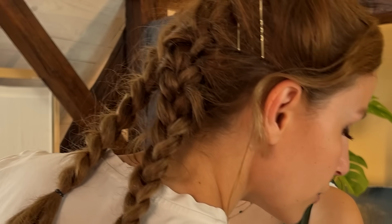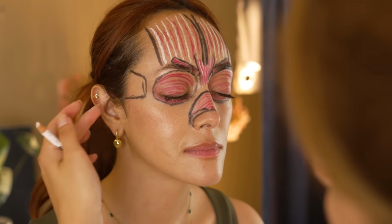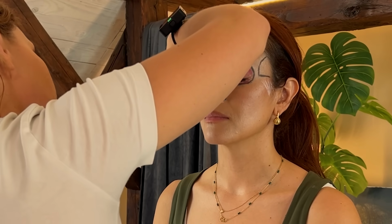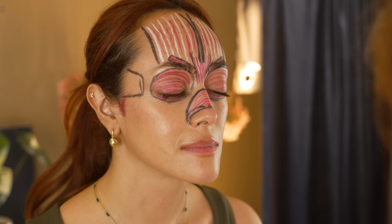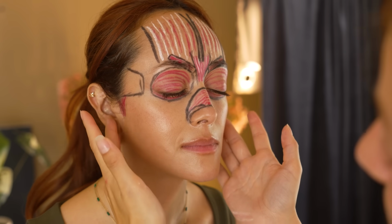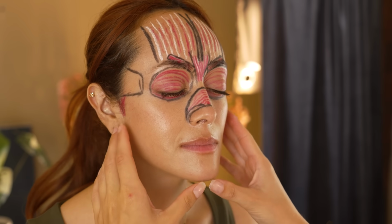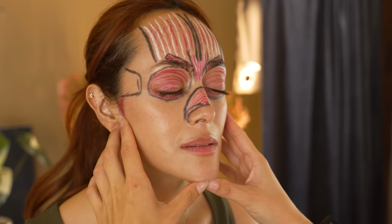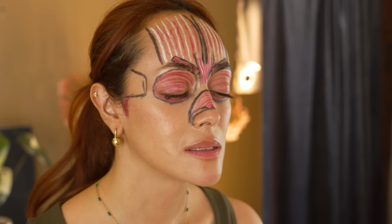So I'll just show even on the other side. It goes through the jaw and attaches here. And then it just helps again with the tendon. So its primary function is actually mastication, which means chewing. If you're chewing, it helps you with the movement of the lower jaw, which goes up and down to put your teeth together like that. It also has some other